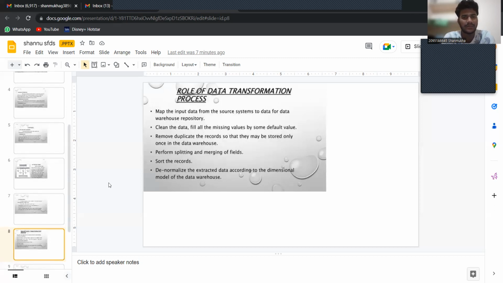Role of data transformation process. Map the input data from the source system to the data for the data warehouse repository. Clean the data, fill all the missing values with some default values, remove duplicate records so that they are stored only once in the data warehouse, by which memory can be saved. And when we want to run a program, the program will also execute very fast,